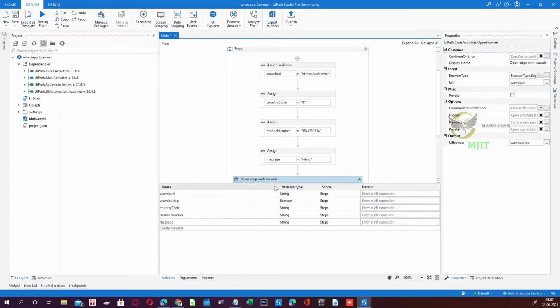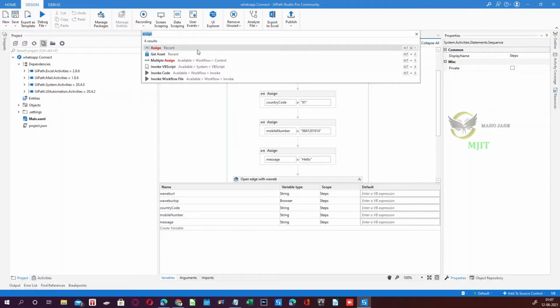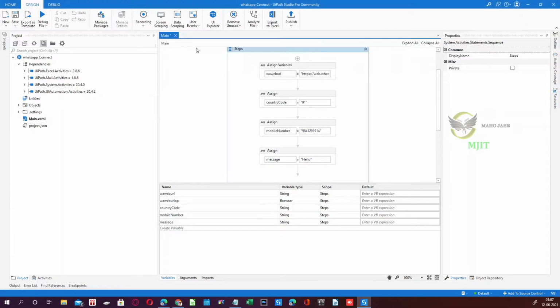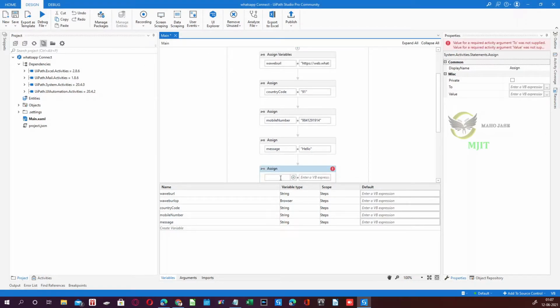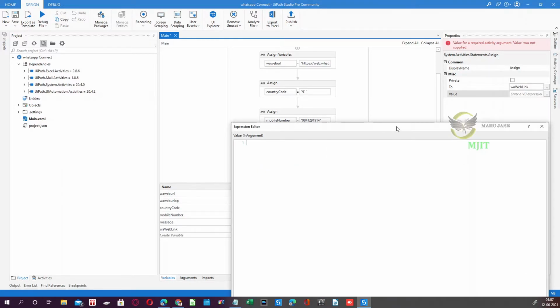So for that, we are creating one more variable. Assign, WA web link. I'm creating something called WA web link. Create a variable, hit enter. So that got created. While giving the value for this, I'm clicking here and we need to give a value.